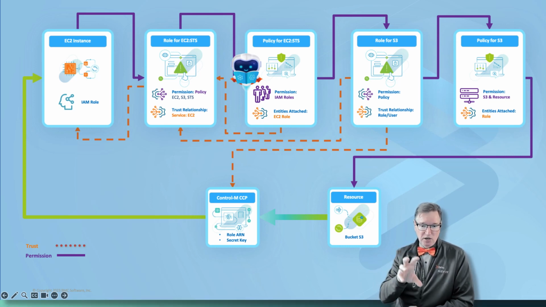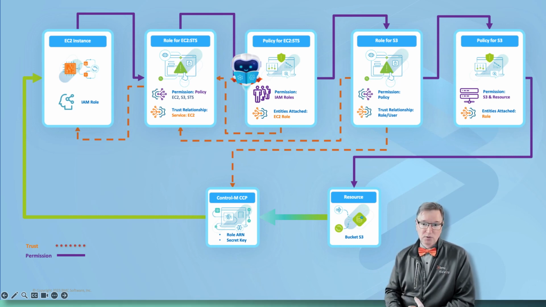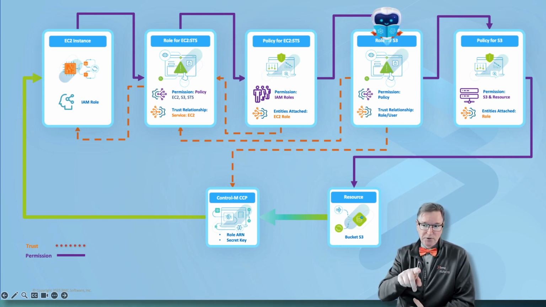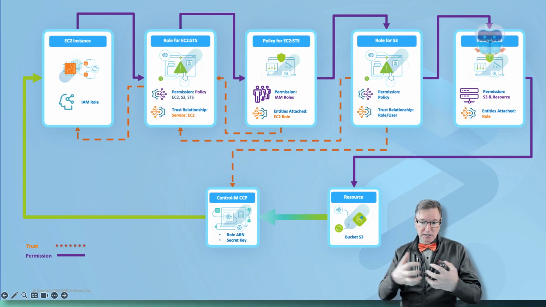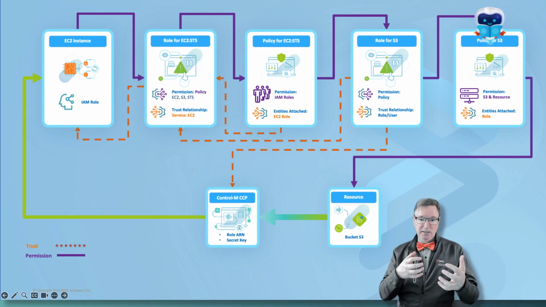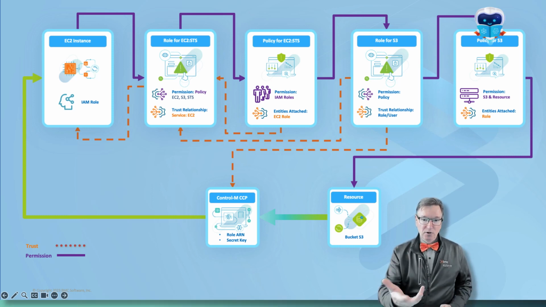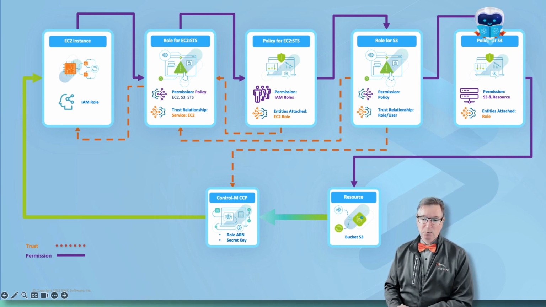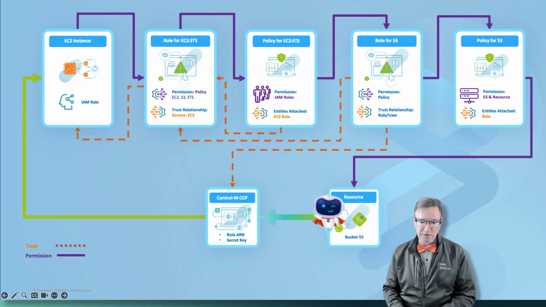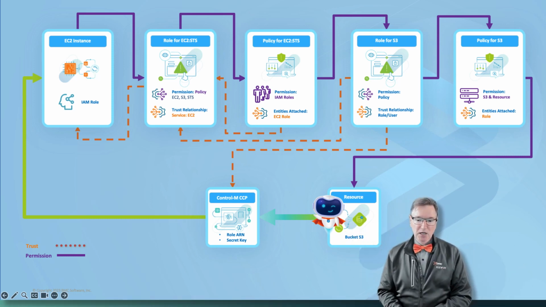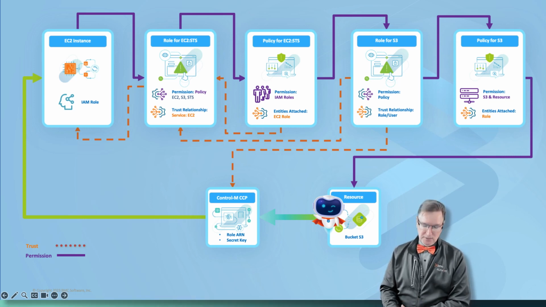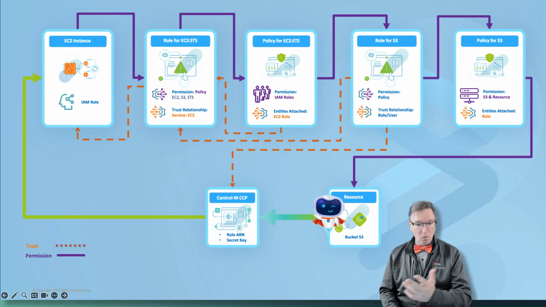So once this is hashed out and we have the permission to switch roles, we need to figure out which roles are there for us to consume and what kind of permissions we have. And here you see that the role for the S3 bucket as well as the policy also work together. They help us identify whether you have permissions to assume that role, what resources you have permissions to access, and at what level. Once this is all figured out, guess what? Our CCP is going to be happy, because now it is going to have access to the S3 bucket,